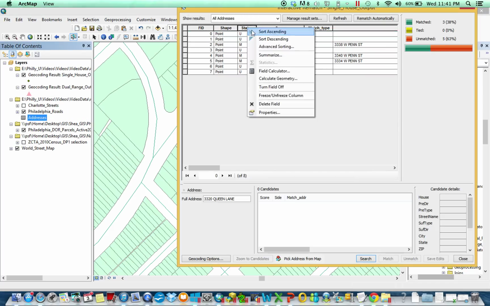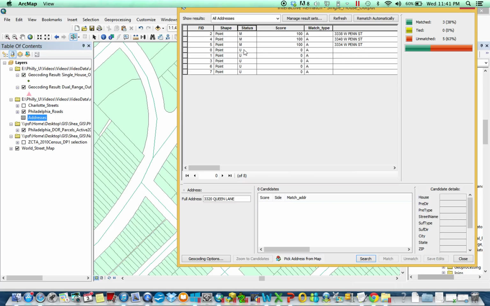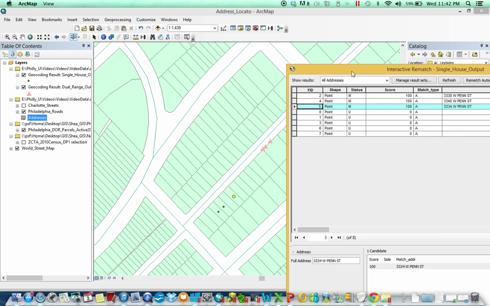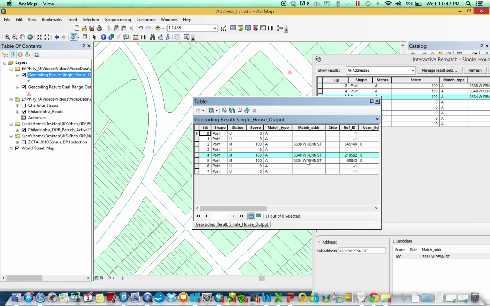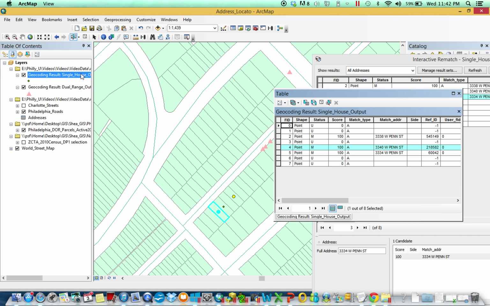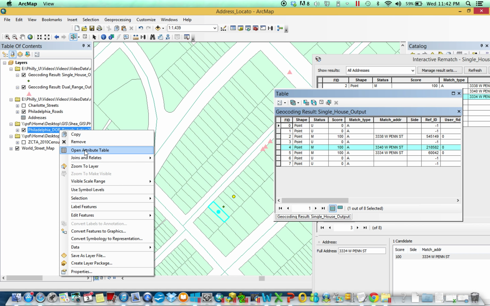All right, so now we notice something different. Status M means matched, with a score of 100 and a match type. So I wonder why that matched, but that did not. 33 or West Street. So here they are. If I select these two, it will take a moment. That one happens to be 3340. That's me looking at the point. And if I look at the parcel,